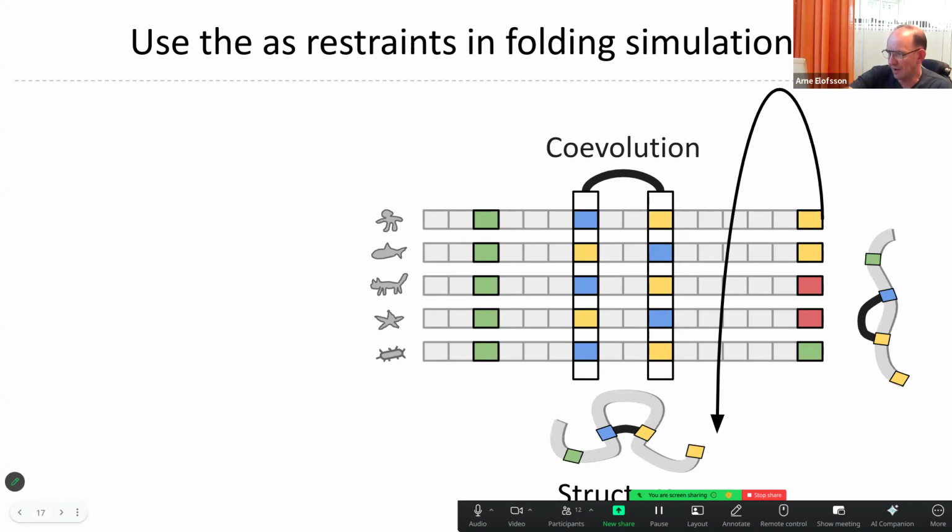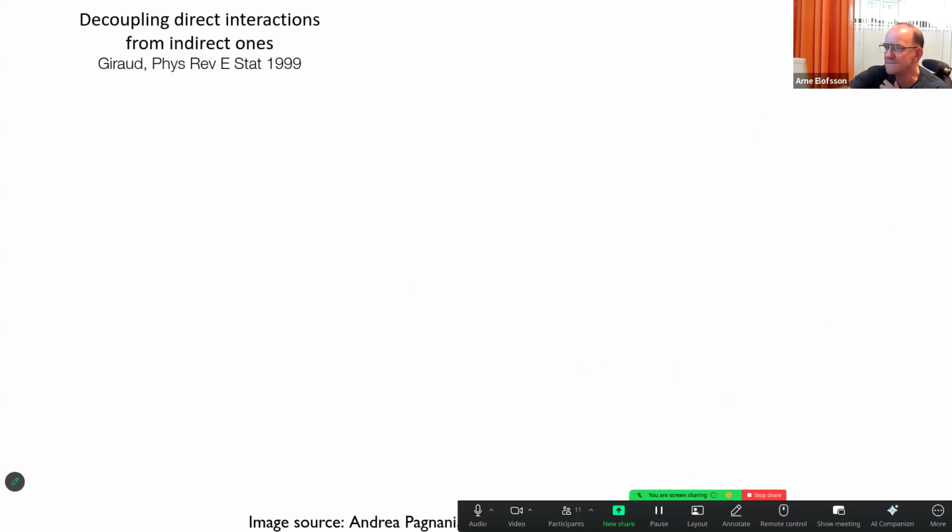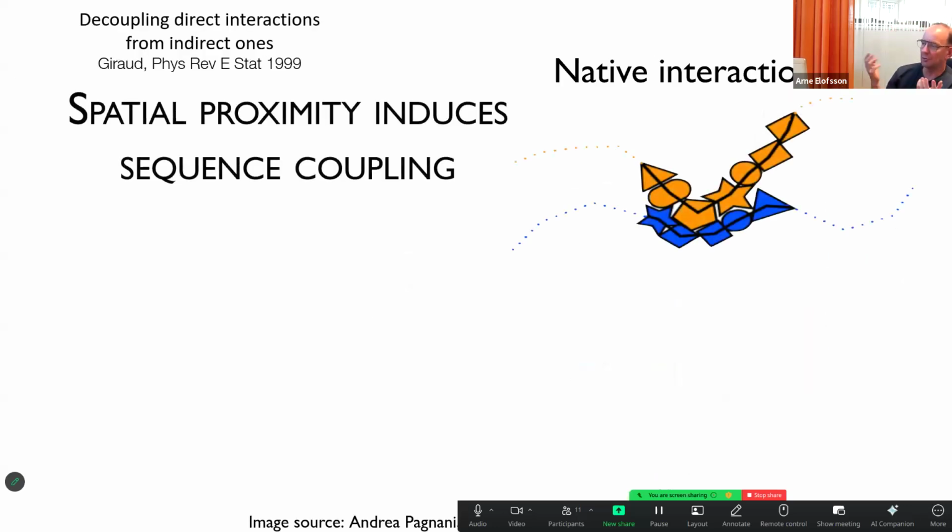So the idea is, of course, that if you have this co-evolution, that should relate to amino acids being in contact with each other. Because if they're closer together, they should correlate. So if you change... Yeah, the idea is here basically, if you take a protein,